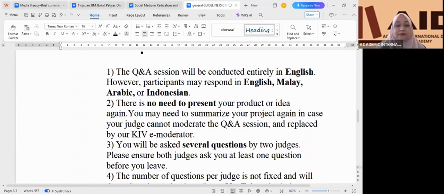Yeah, so the things that you have to read is: the Q&A session will be conducted entirely in English. However, participants may respond in English, Malay, Arabic, or Indonesian. Second, there is no need to present your product or idea again. You may need to summarize your product again in case your judge cannot moderate the Q&A session and is replaced by